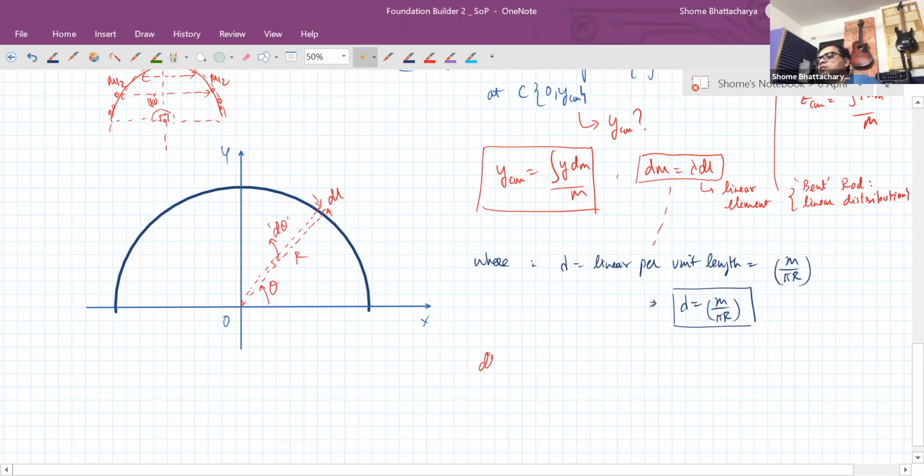So dl, which is our differential length element, in this case is a differential arc. So it subtends